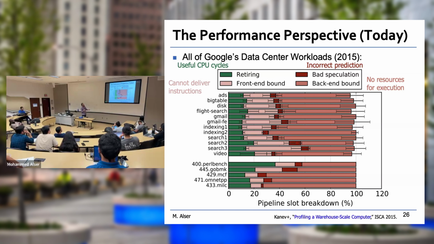So the green thing means good, which is something retiring. So most of those instructions are being executed in the good time, which is being serviced in 1 clock cycle. If we look at the pink, it means front end bound. And we said front end means instruction is either being fetched or decoded. But if I'm having a problem like being bound by front end, meaning I cannot fetch them or I cannot decode them. Now the little red over there, which is something bad, that's why we call it bad speculation,